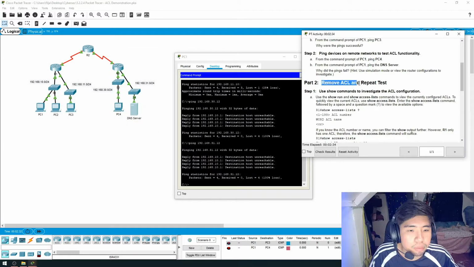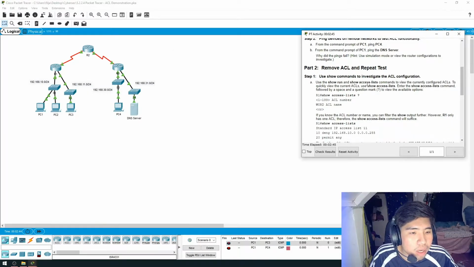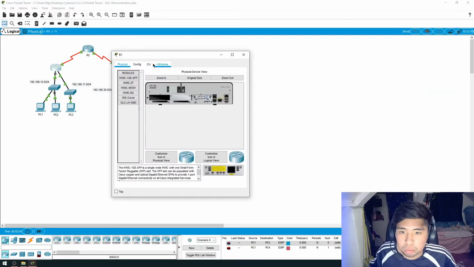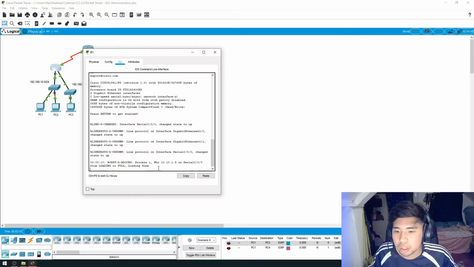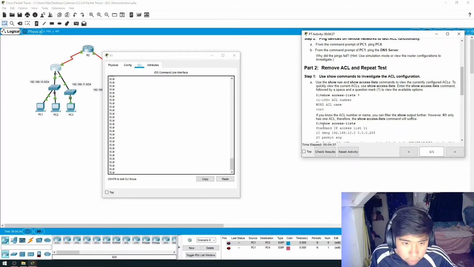For part 2, remove ACL and repeat test. For step 1, use show commands to investigate the ACL configuration. Use the show run and show access-lists commands to view the currently configured ACLs. So to quickly view, we go to R1 and CLI. For router 1, we type show